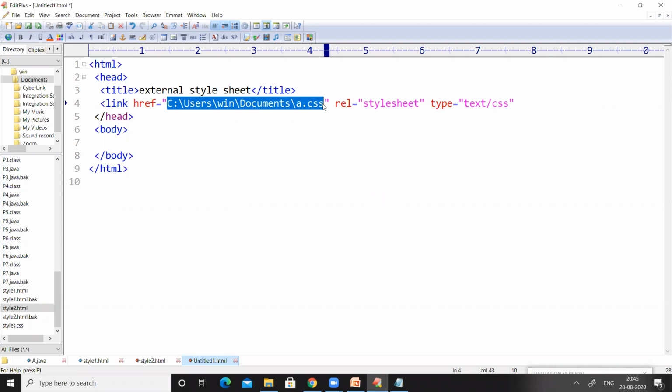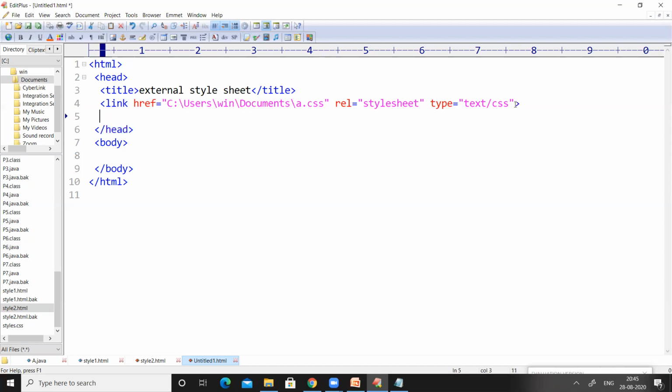So whenever you write the tags which are in the CSS in the body section, then those tags will have the styles which are defined in the CSS file, right?